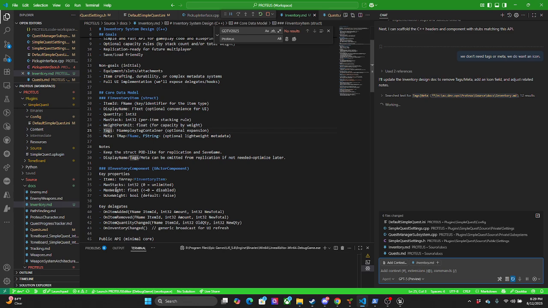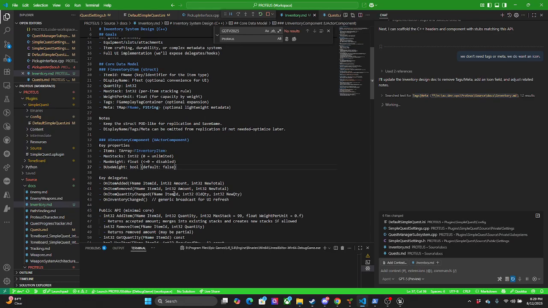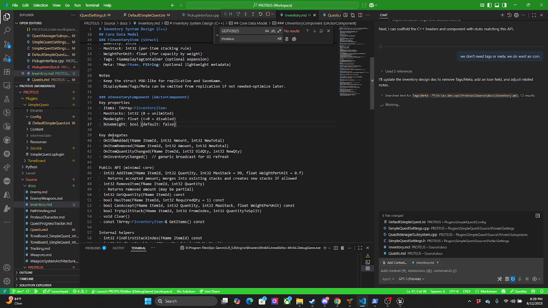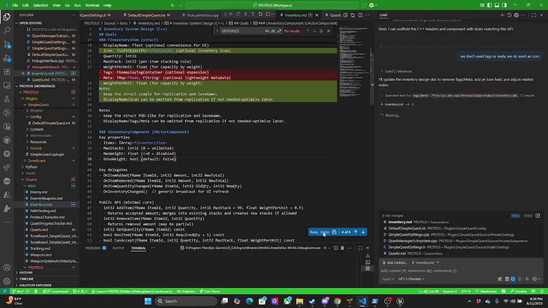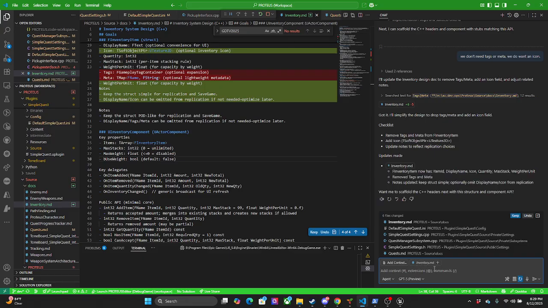Max weight. That's a good idea, especially with like a ship. I'm gonna remove all the weight stuff though, just for simplification of what we're building now. With 0, it's disabled. Yeah, I just want cleaner code.